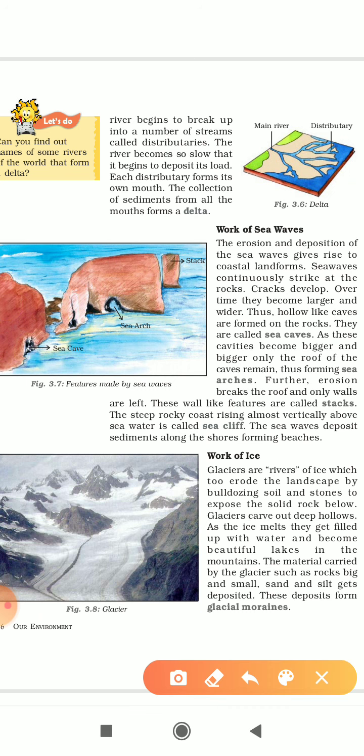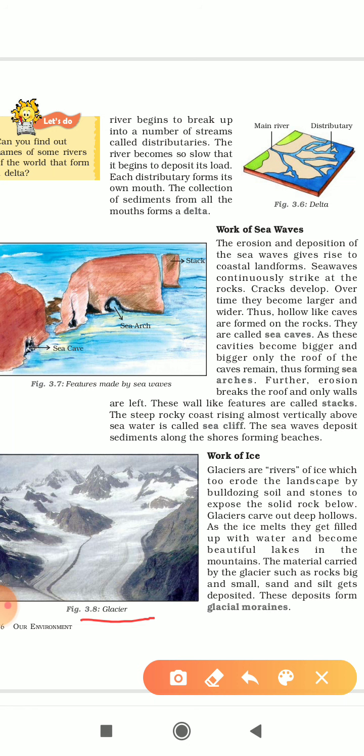Here you have seen a picture of a glacier. So, what is a glacier? A glacier is a large mass of ice continuously moving over land surface, which erodes the landscape by bulldozing soil and stones to expose the rock below.